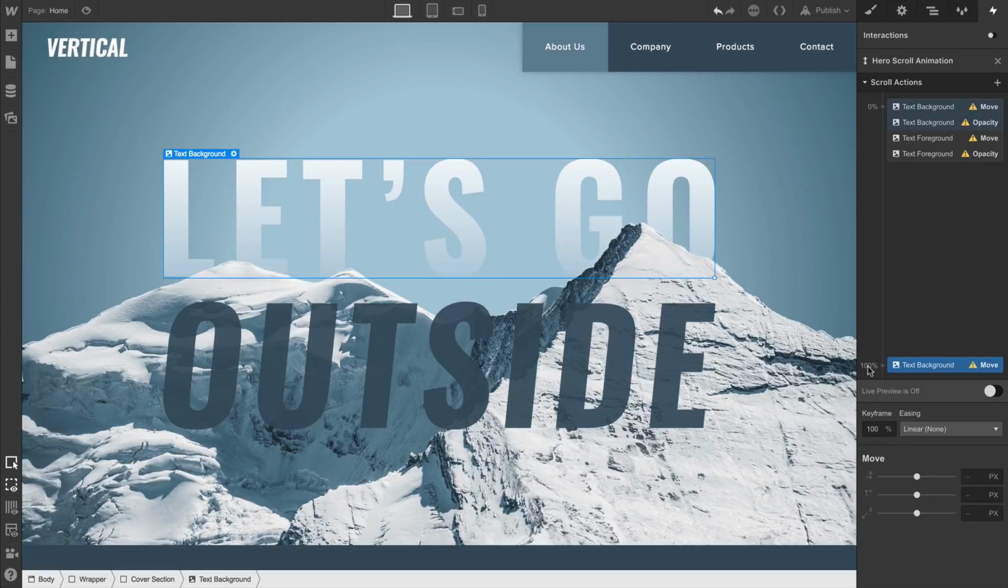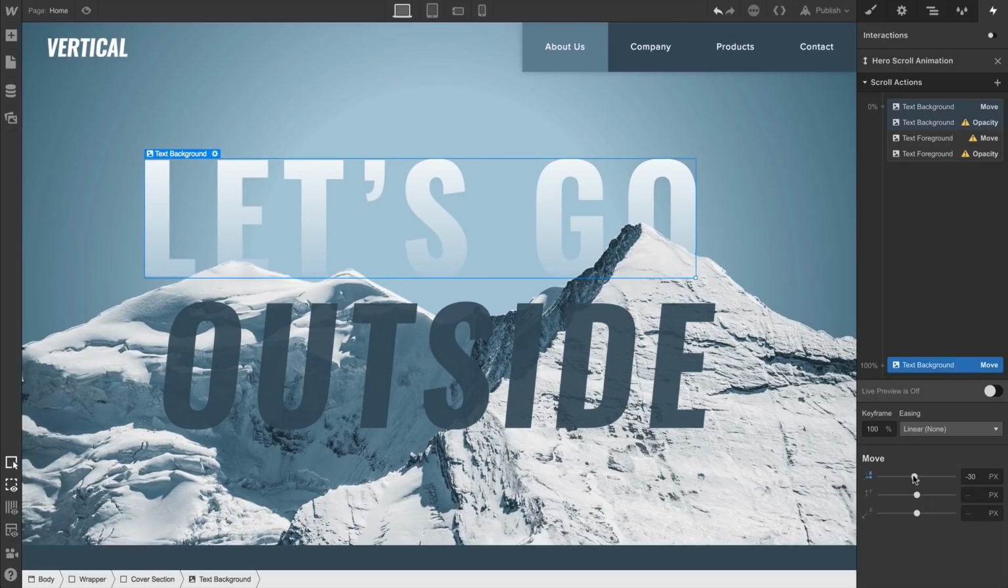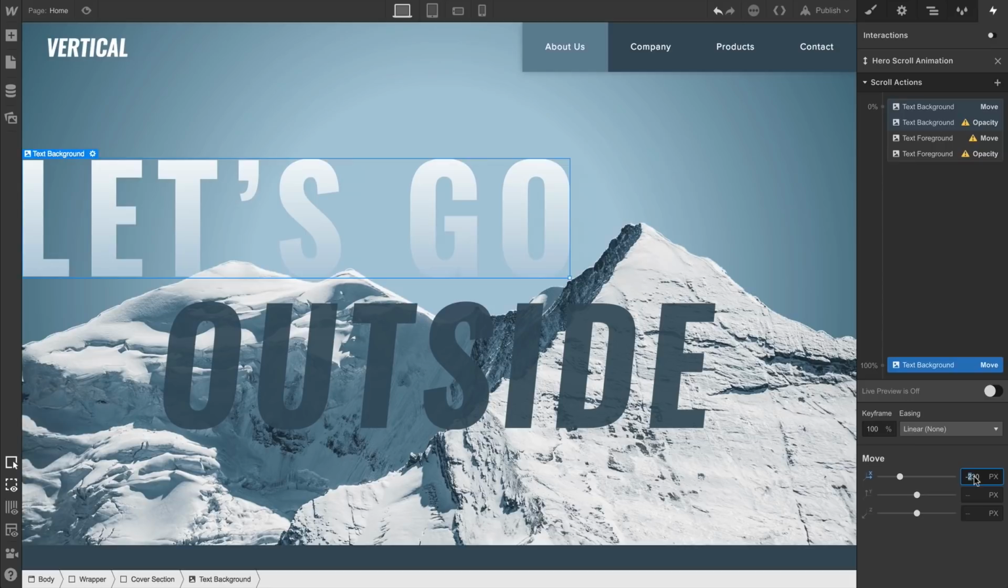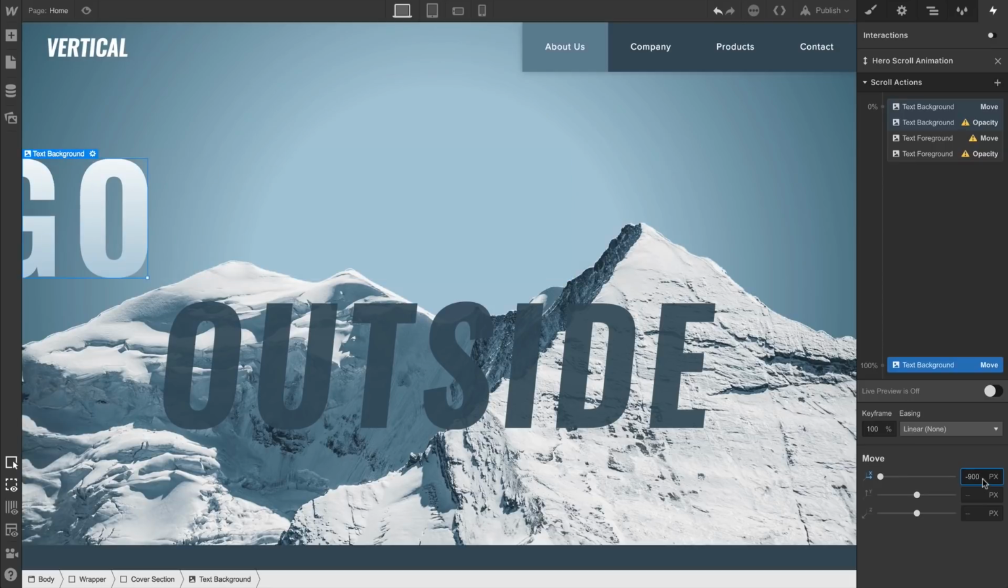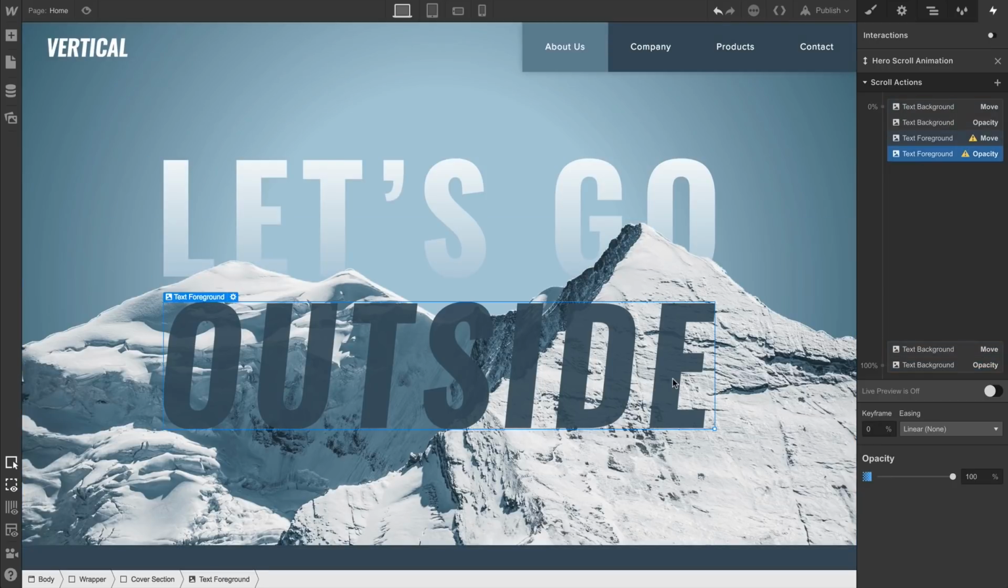Let's tell our text background, the let's go text, that at 100% will move left. The text will move left 900 pixels. And since we want this to sort of fade out, we can add another action for opacity. We can set the opacity to 0% so that when the page is fully scrolled down, the text will be fully transparent. And if the top text is moving left 900 pixels, then we can set another move, this time